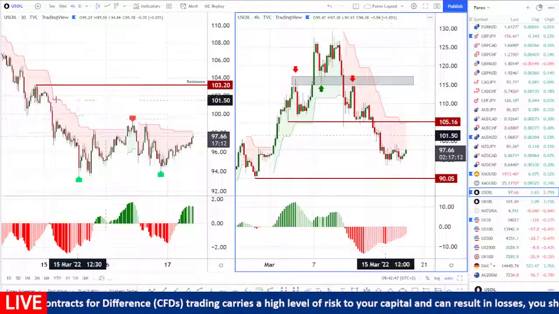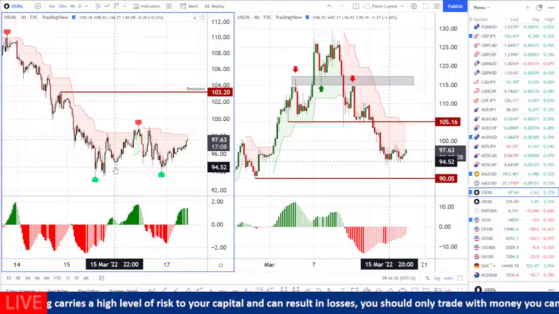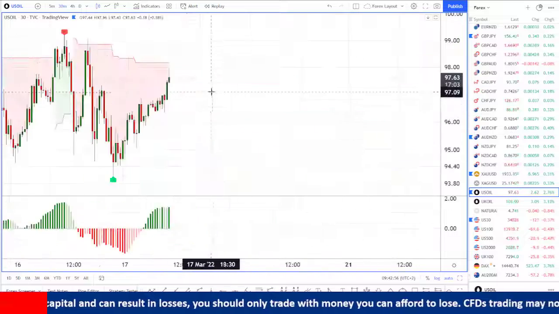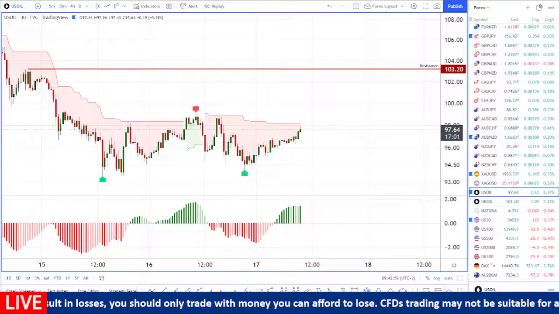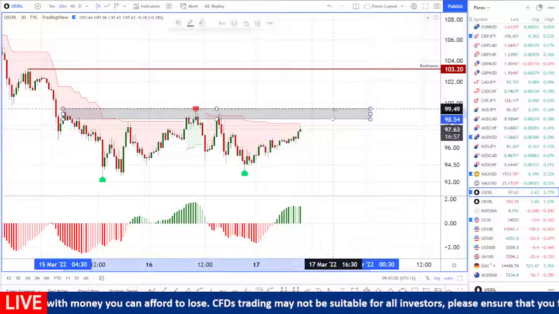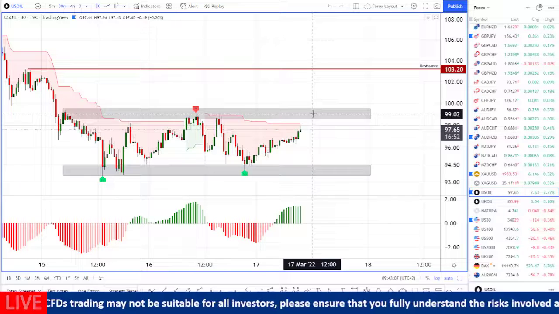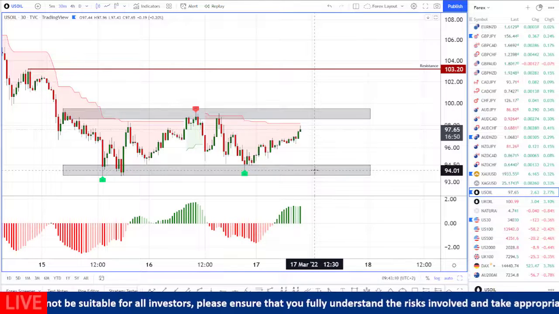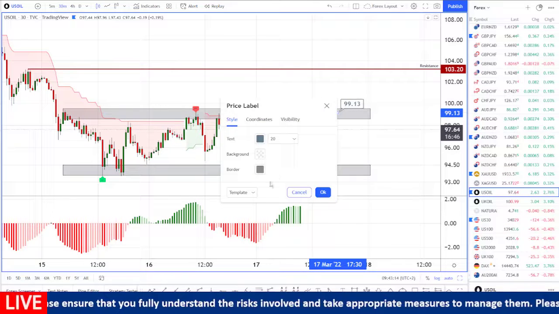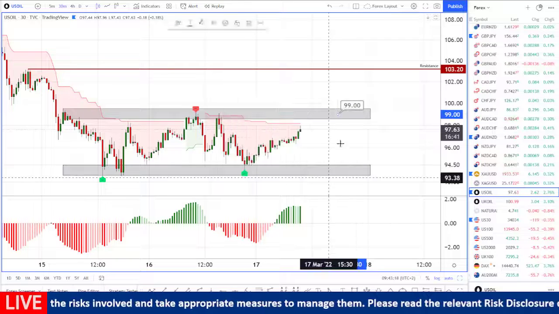Currently on the 4-hour time frame as well as the 30-minute time frame, we are still having some sort of a sideways range, a sideways movement. Having a look at the resistance and the support, the resistance for the range that we are currently trading in is around $99 per barrel, as well as the support around $94 per barrel. So let me mark those for you. It's $99 to the upside and 94